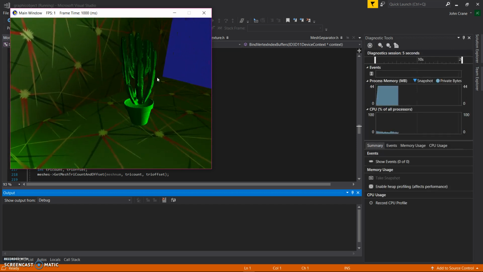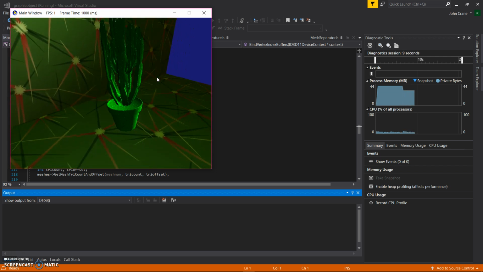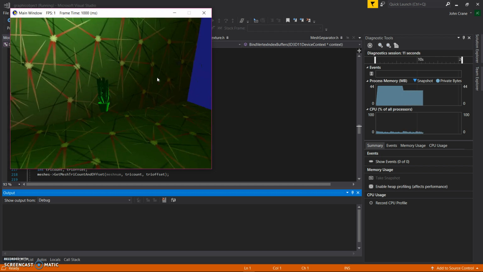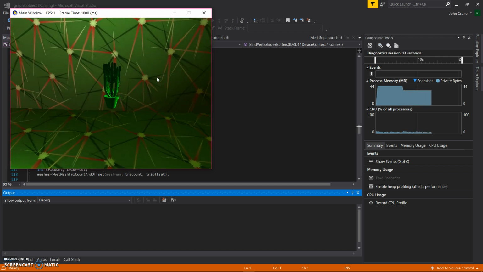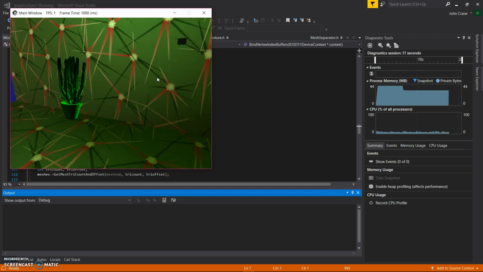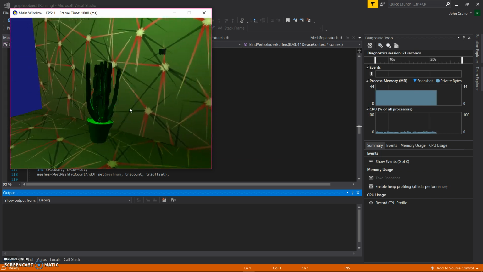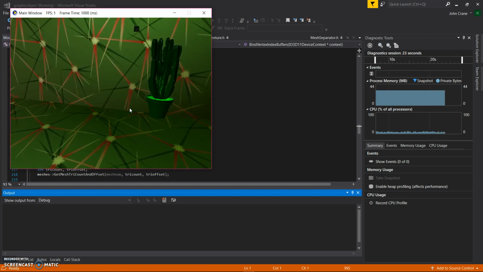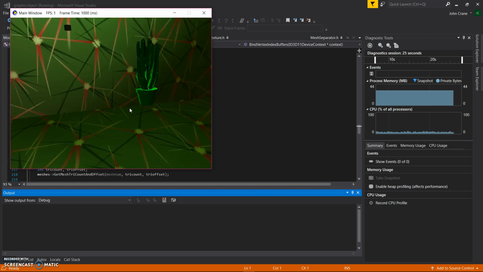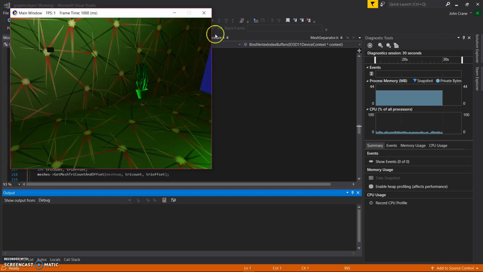I wasn't able to separate the meshes for it, but it's all using this cactus texture. And then the light follows it around. Let's see if I can be there when it comes around. Yeah, it's moving. So there's my shader texture light,